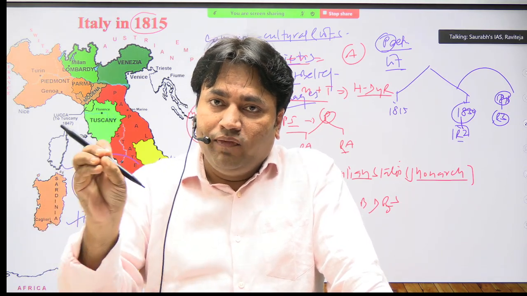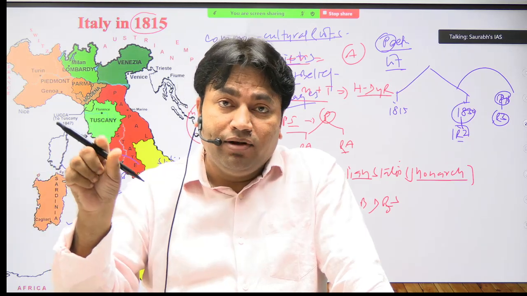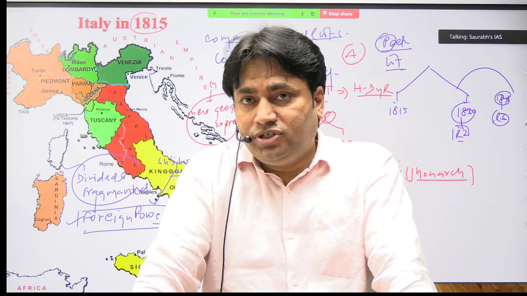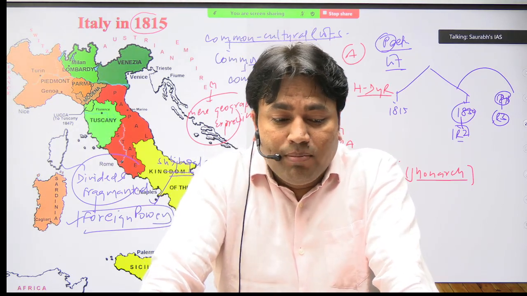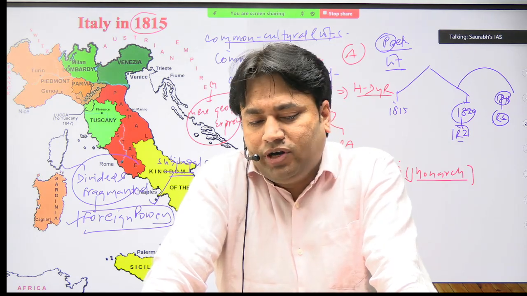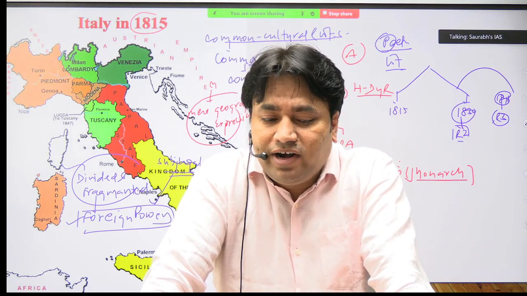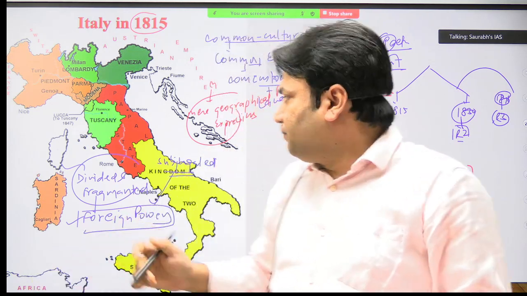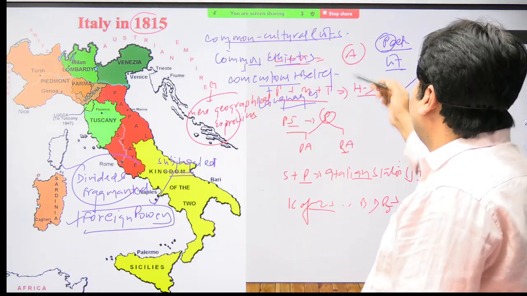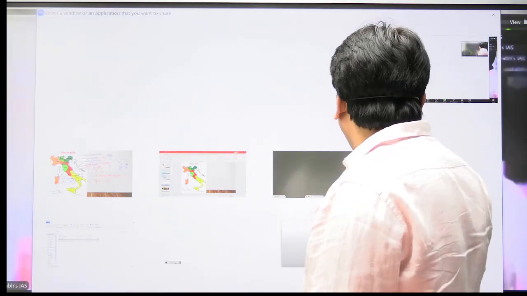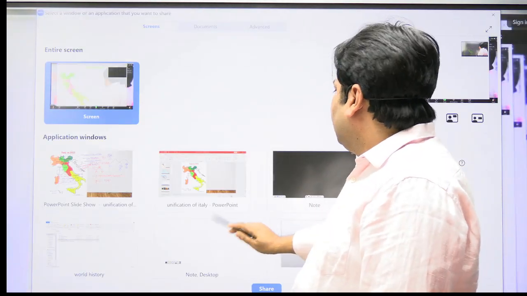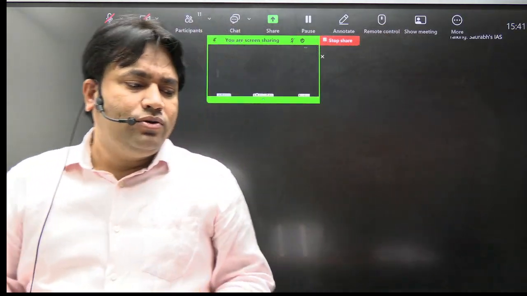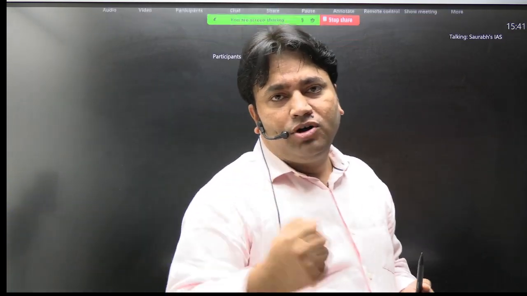Knowingly or unknowingly, Napoleon had done what? Napoleon had promoted the progressive ideals of revolution. We already have discussed it. By his military conquest also he had promoted, right, these progressive ideals of revolution, unification under Napoleon and all this. Now the next important point here is that I am just giving some concepts and you will keep writing, because whatever I am discussing here, the same common points we are going to use in Germany also, right? So we will try to read these topics with some common points here.